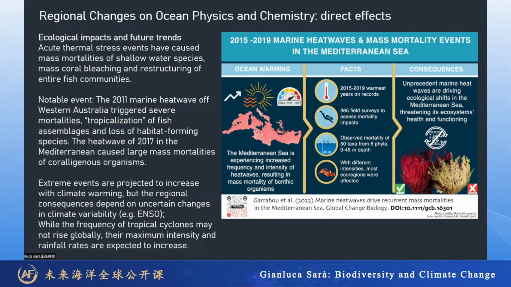We have just a stable, really stable temperature. Instead, they measured really important events of increasing temperature just at 20, 30, 40 and 50 meters, and this created the conditions for a mass mortality, because these organisms are adapted to a stable environment, and then when you increase the temperature of only some degrees, they die.